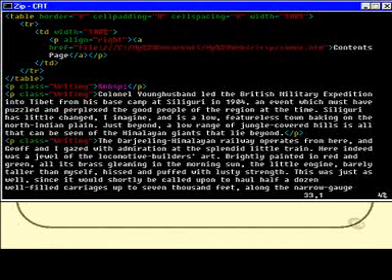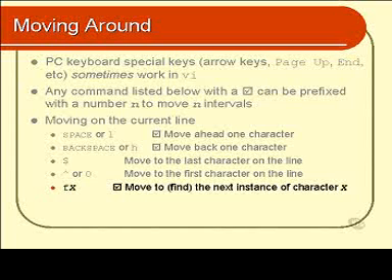And it makes obviously no sense at all to prefix any of those commands with some kind of number. Slightly more complex than any of the commands above is you type in the letter F followed by some character. So you might type in FP or F space or F question mark or FJ or F6. And what that will do is it will move the cursor to the next instance of that character on that